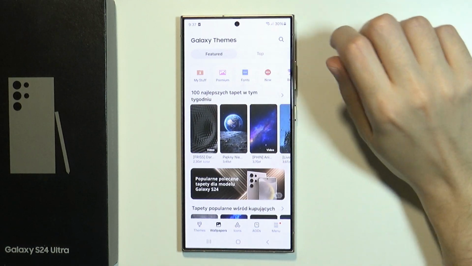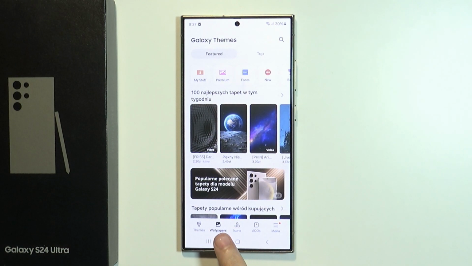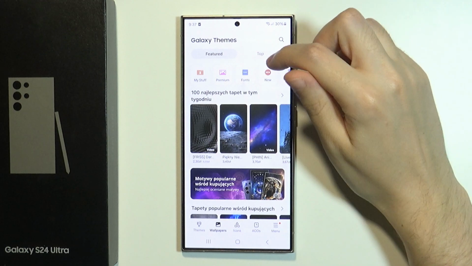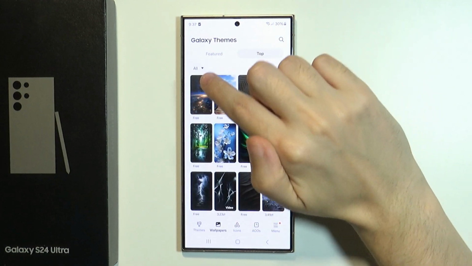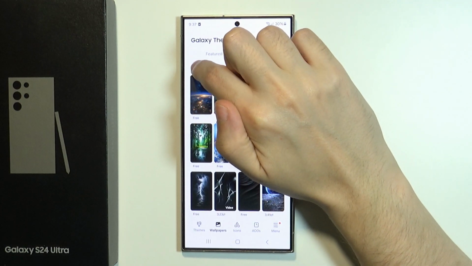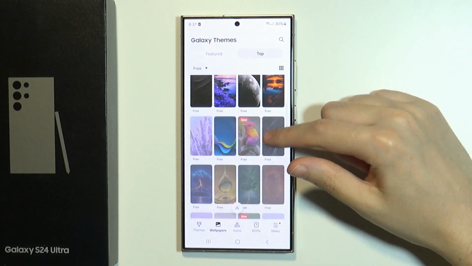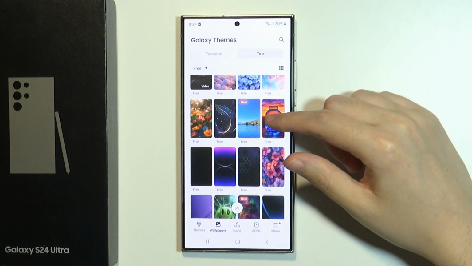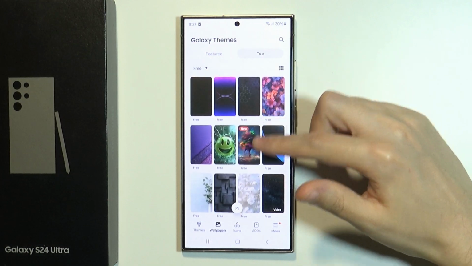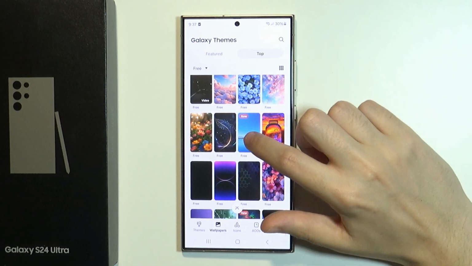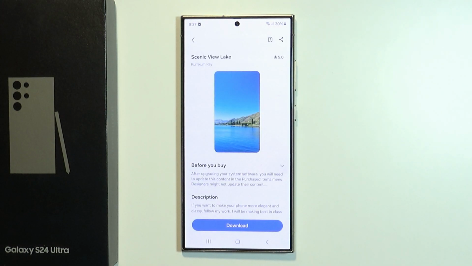Once you are here, you need to make sure that you have wallpaper selected at the bottom, and then you can go to tab. Over here where it says all, you can press and then switch to free, and here you'll find a bunch of different free wallpapers that you can set. So let's say I'm gonna choose this one over here, and now all you need to do is press download